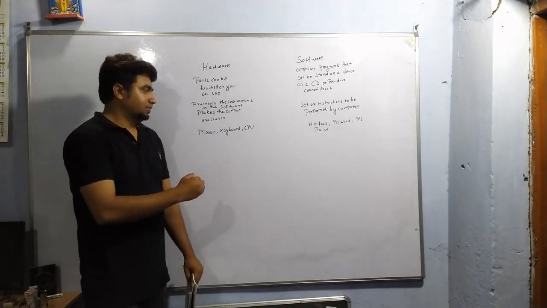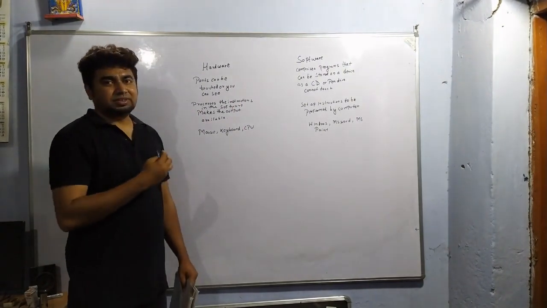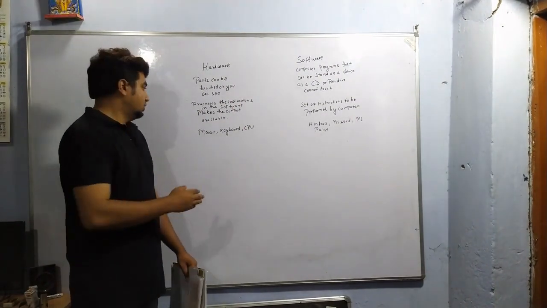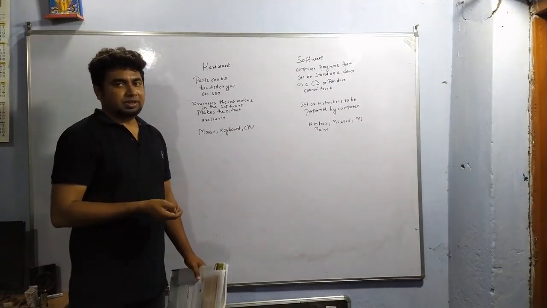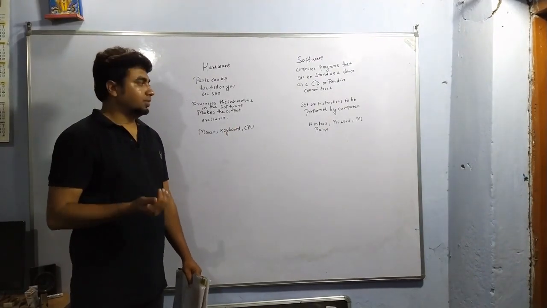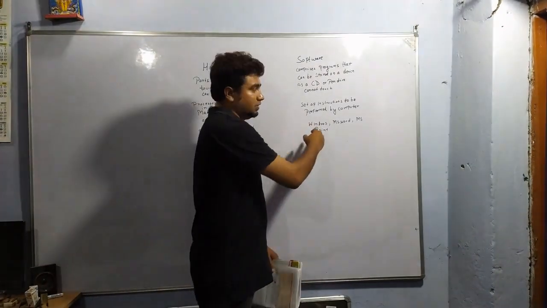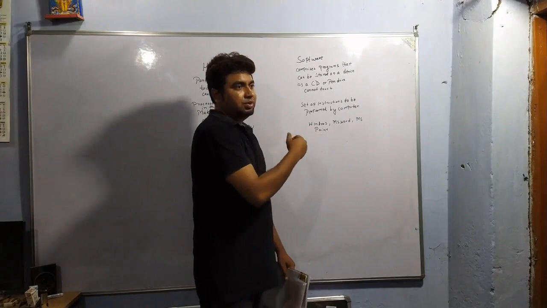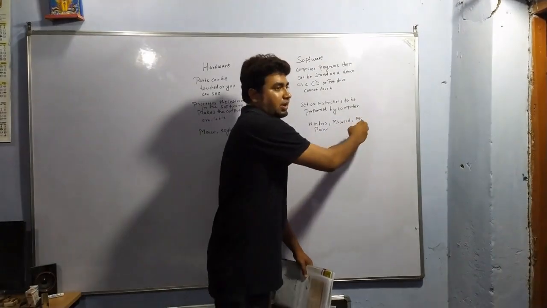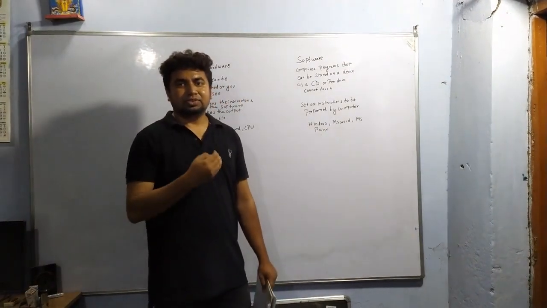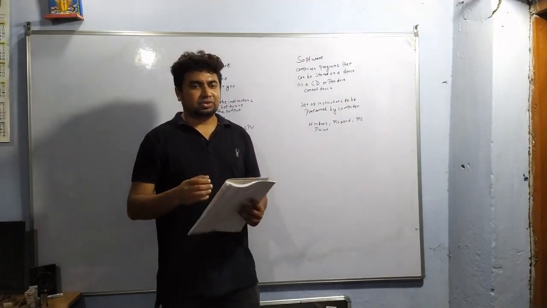Now the third point is the examples of hardware. Hardware has many examples, which we have studied also. One such example is mouse, keyboard, CPU, and we can have a printer also. That is also one of the examples, and many more examples are there. And for software, many examples are there: Windows operating system, Mac OS, MS Word, MS Paint, MS Excel, MS Access, and many more.